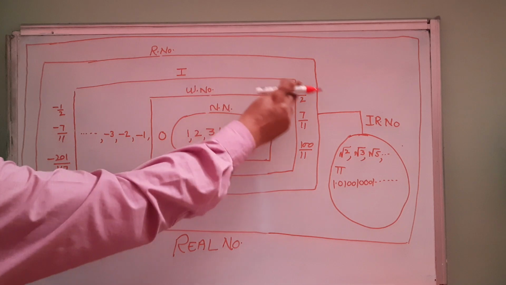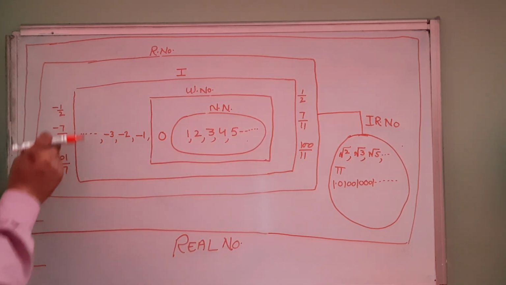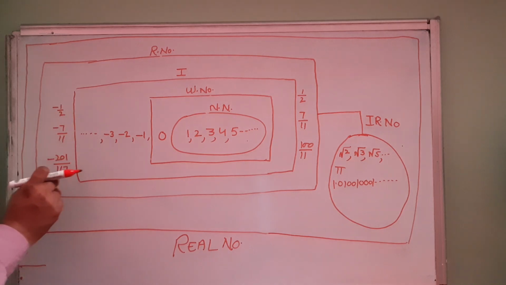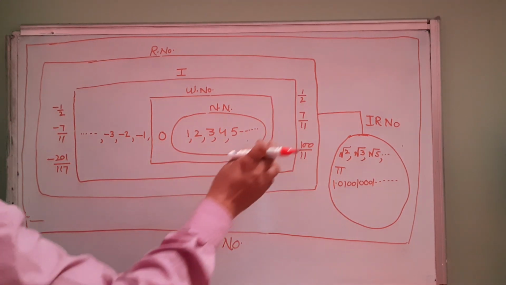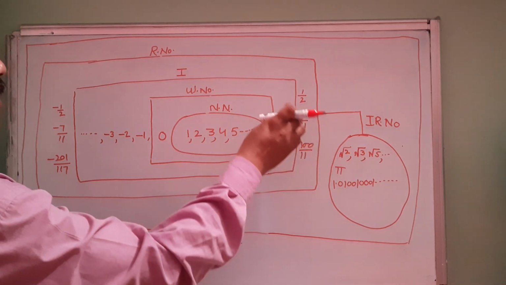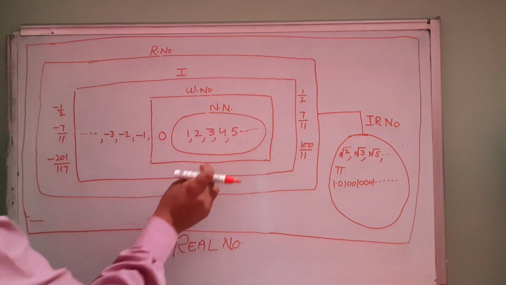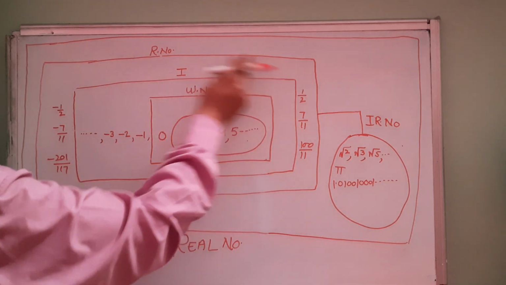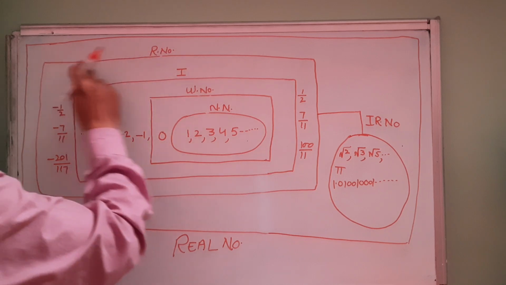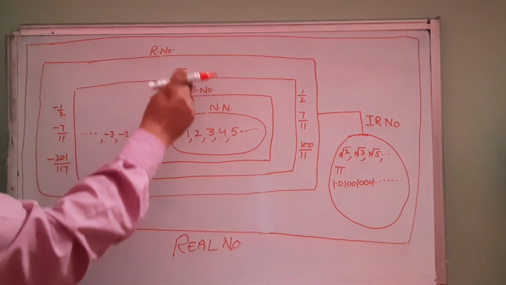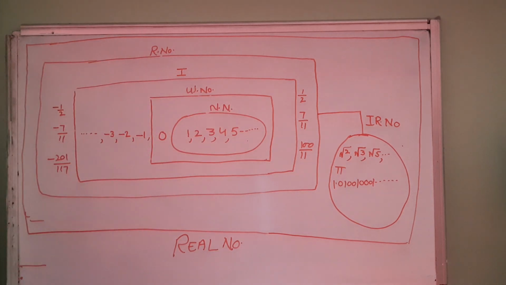Now outside the integer box, I place some more numbers, that is negative fractions. There can be many; I have written only 3. I have also written some positive fractions. Now these fractions plus integers plus whole numbers plus natural numbers are together given the name rational numbers. Meaning the rational number box contains integers, whole numbers, and natural numbers. So these are the rational numbers.